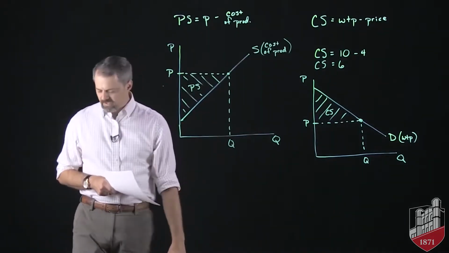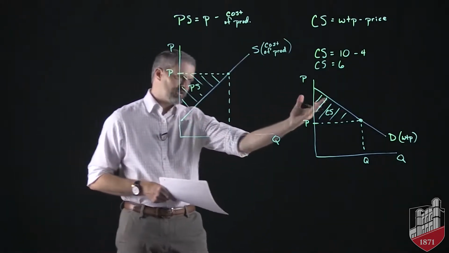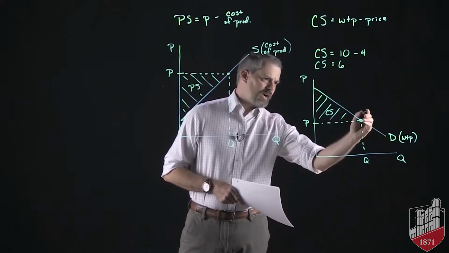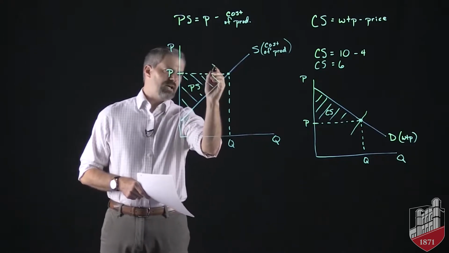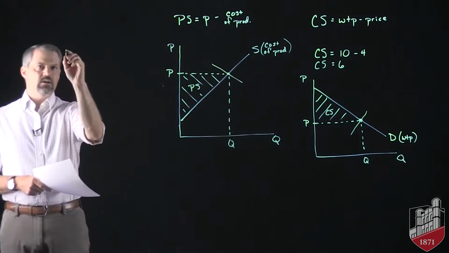If we put those together, I've treated these separately. What you should know already is that for this to be the price, our supply curve would be coming down through here. And for this to be the price, our demand curve would be coming down through here. Let's put it together and just talk about